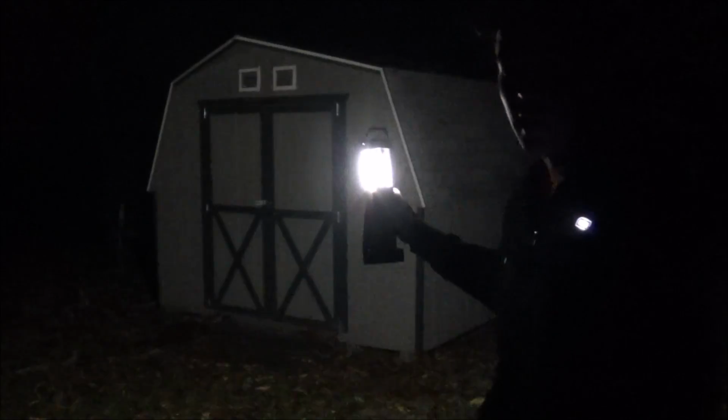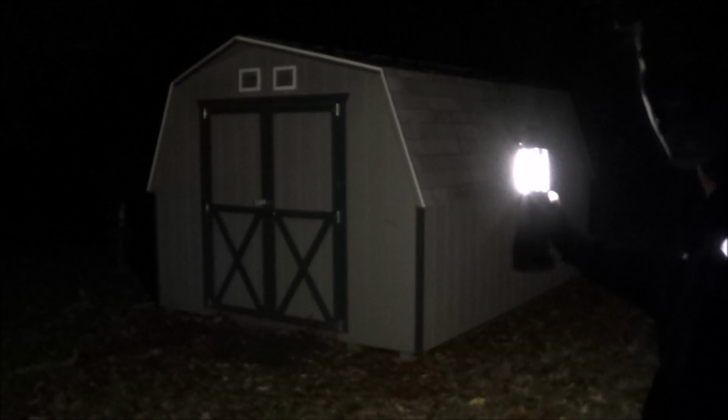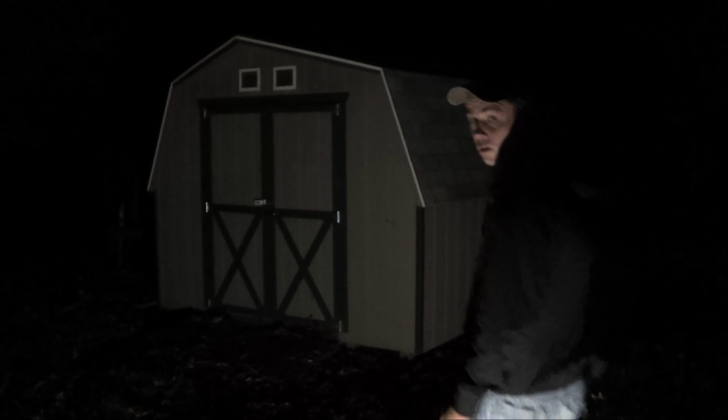And if I turn it around and aim it at that shed, you can see it's lighting it up. We're roughly about 25 feet away from it at this point. I'm actually going to set it down on the ground, and then I'm going to walk over to the shed, and you'll be able to see me. So you can see I'm standing roughly 25 feet away from the camera right now, and you can still see me very well,